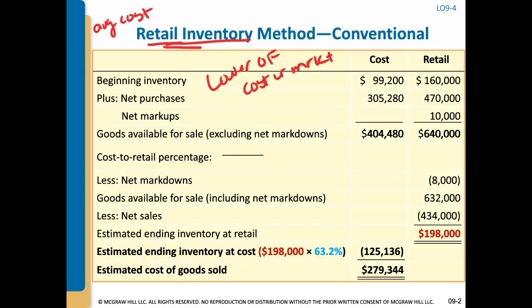and that's when they had to compare the cost versus market, and they had to report the lower of the two. And there's a retail method called the conventional retail method. The conventional retail method estimates the inventory and cost of goods sold in such a way that the lower of average cost or market is built into that estimation. If we look at,